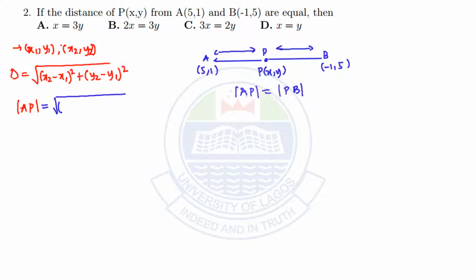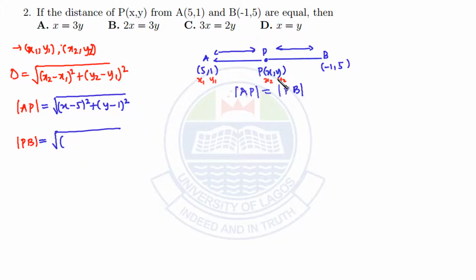Let's say this is our x1 here, y1 and x2 and y2. So what do we have? We are going to have this to be, what's our x2? Our x2 is x minus x1, which is 5 all square, then plus y minus y1, which is 1 all square. And the distance between P and B is given as the square root of,